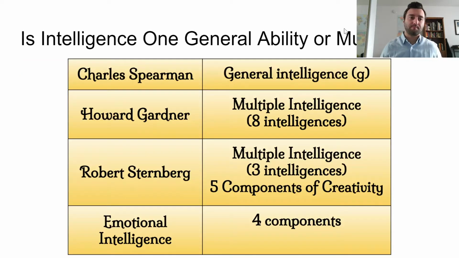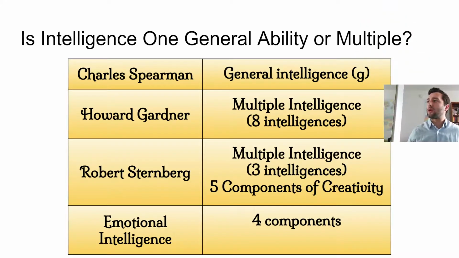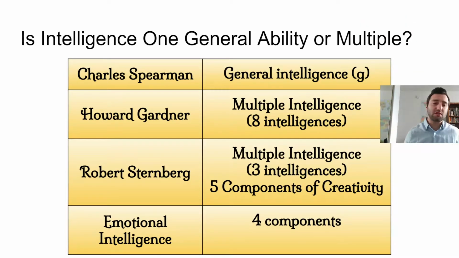Now, there are multiple different ways that we look at intelligence in psychology. There are basically four main ideas of intelligence, and there's one big question that separates the majority of them. That question is really: is intelligence one kind of thing that applies to a whole bunch of other abilities and attributes in a person, or is it multiple different things that you can be good at or poor at, and it's a balancing act between all of those?